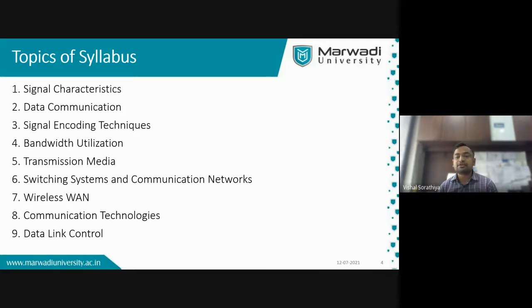In bandwidth utilization, say you own a company spread across entire India, and you are using your private network. You can communicate from Gujarat to Maharashtra to Delhi, with your own cabling and your own entire network. After some time you realize, and this is just an example, that the communication medium you are using is not 100% utilized.